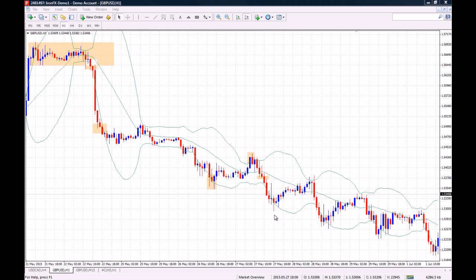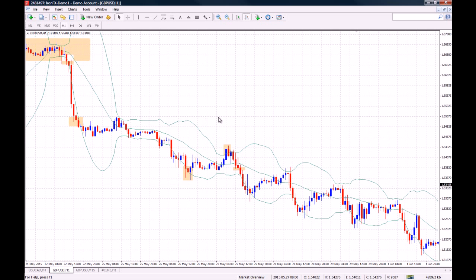Remember also that when we are playing bounces, we want the lower or the upper band to be as flat as possible. And remember that because we are in a down move, we are only going to trade bounces to the downside. So we are going to wait for this corrective move to the upside to the upper band. And when we get this hammer candle right here, we have an entry when the next candle opens. Okay, so this is our entry price, and 1 2 3 4 candles later we have